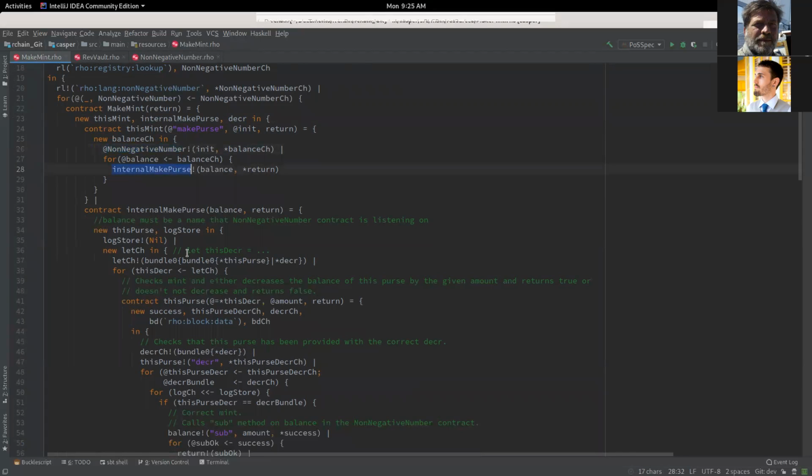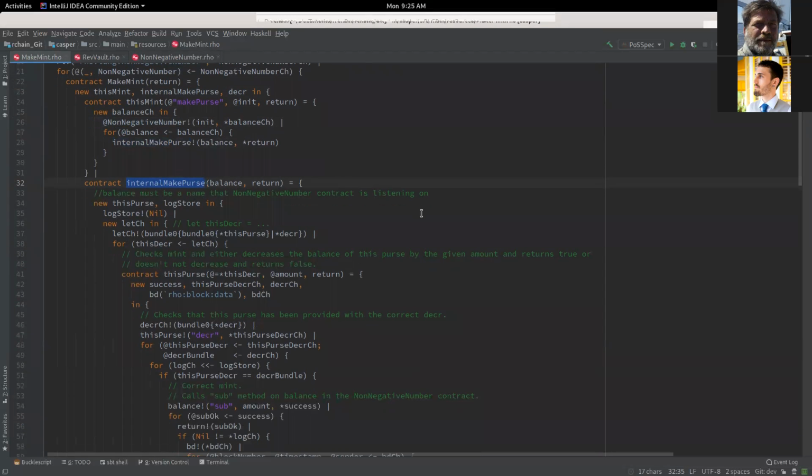And then we do this internal make purse call, which is basically going to say, okay, I'm going to make a purse. And then, well, we can just go through it, because here's the internal make purse contract. Trying to remember why we need this stuff.